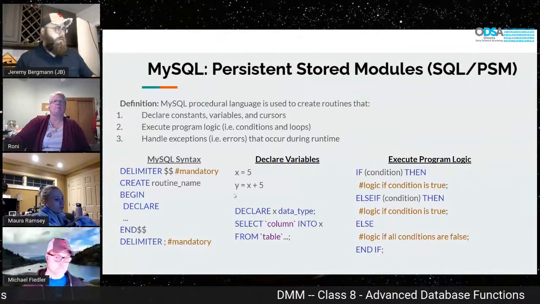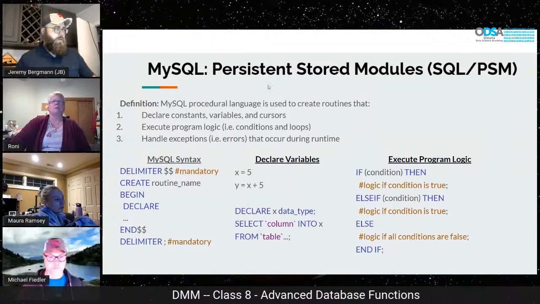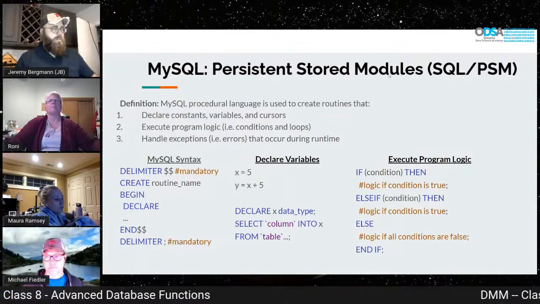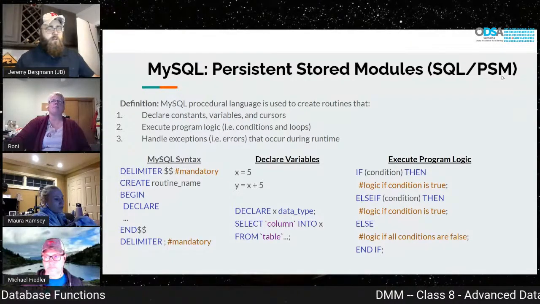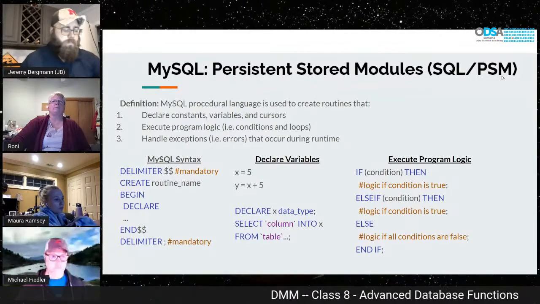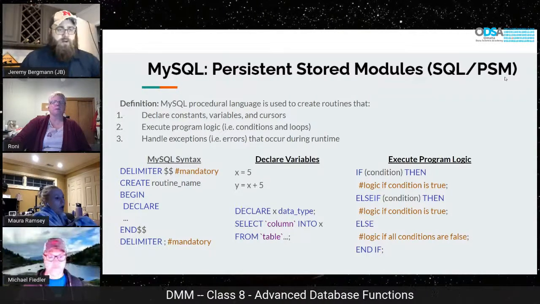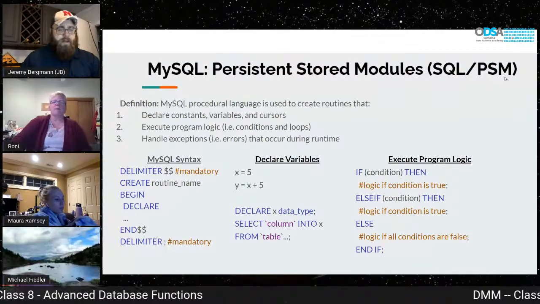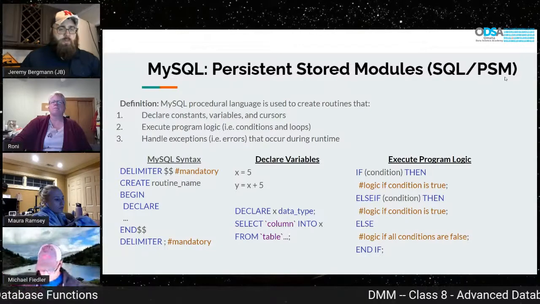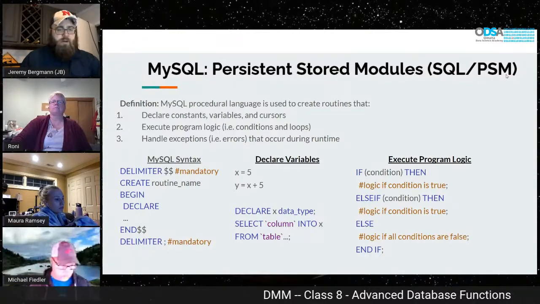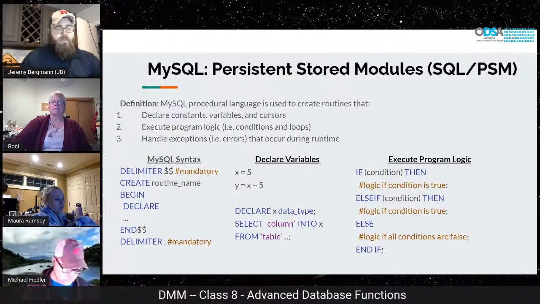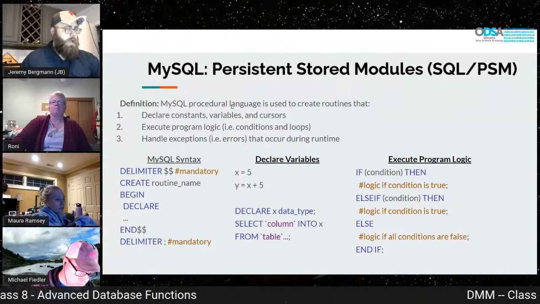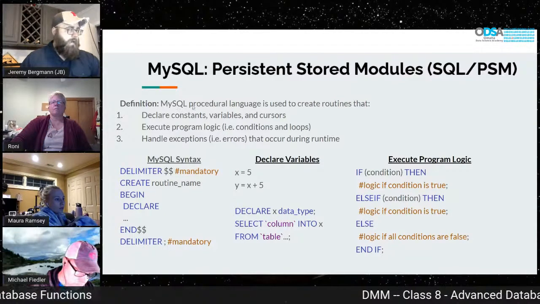All right. So MySQL, their procedural language is called persistent stored modules. So you'll see it in other languages. In Microsoft, it's called T-SQL or transactional SQL, just for that sense that it's much more transactional and procedural in nature. So different databases will name it different things, but some of the common things that they'll have specific